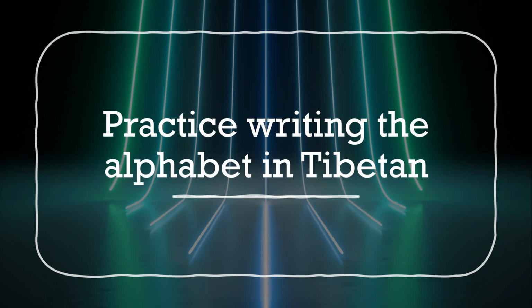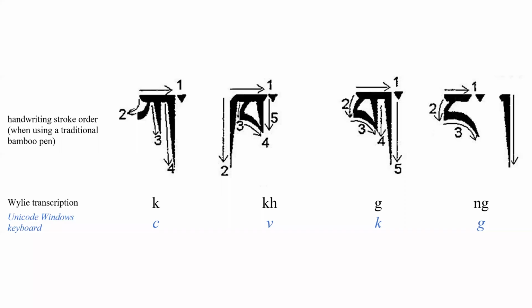So now you know how to pronounce Tibetan sounds and how to read the Tibetan alphabet. Now is a good opportunity to practice writing the alphabet so that you get familiar with the letters. So we're going to go through the first row. You can pause this as often as you need to, just to copy on your own sheet of paper, because it's a good idea to do this by hand at first. So the first time through, we'll look at the handwriting,